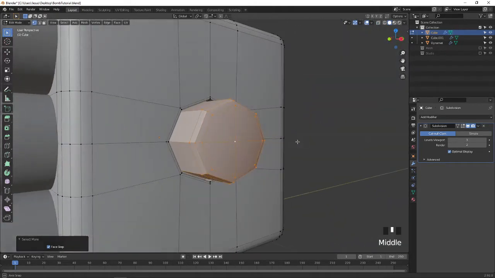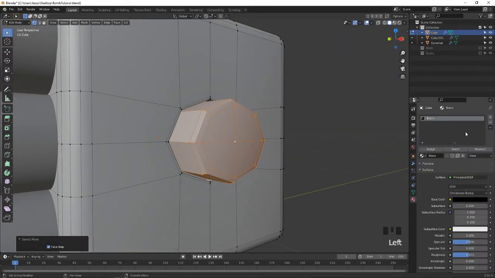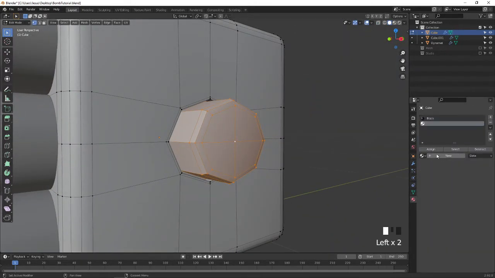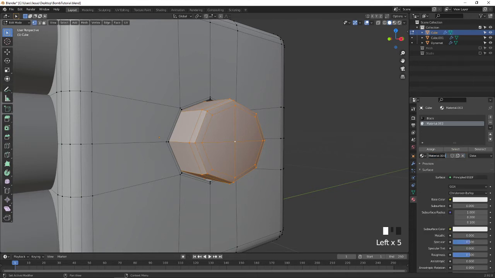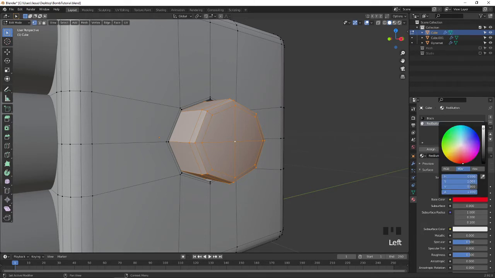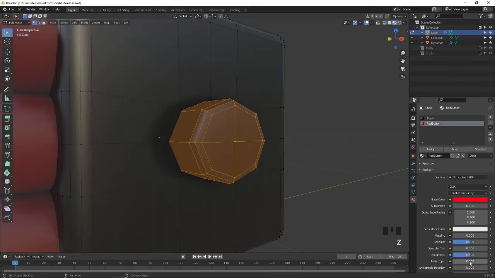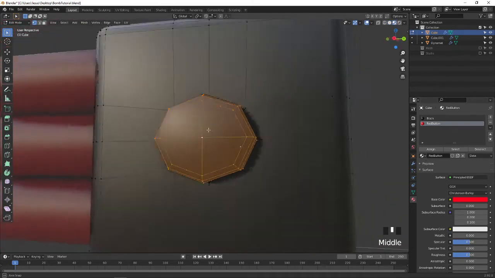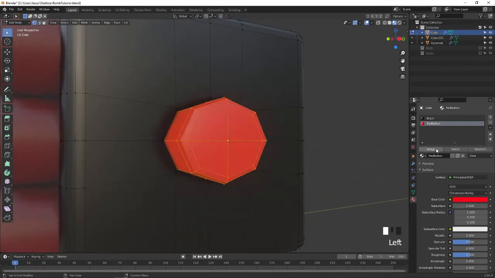Okay, now after doing that, go to the material, press add material, click new, and name it red button, and make it red. Go to the wireframe view, and when it's selected, all the material is selected at that time, what you have to do, select assign.